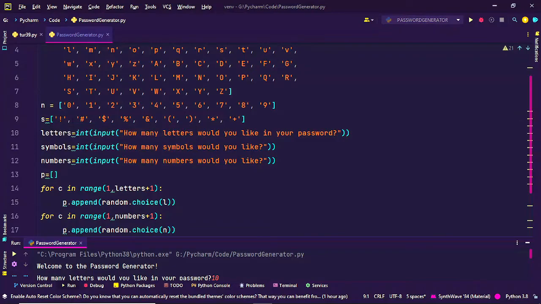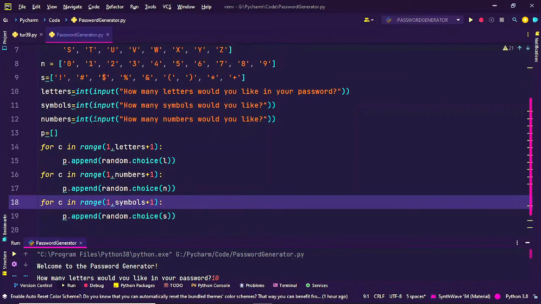Last one is the list of symbols. I have used the input function, where the user gives inputs here: letters, symbols, and numbers,